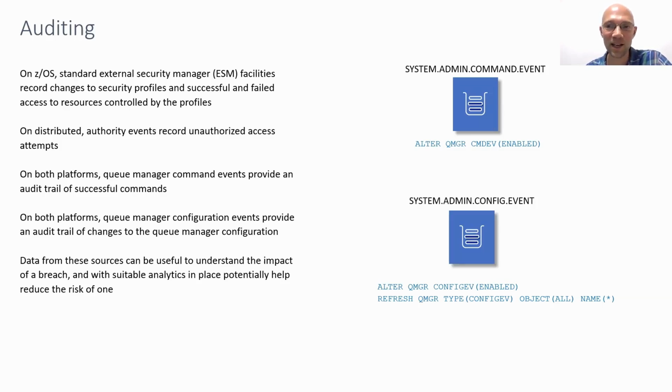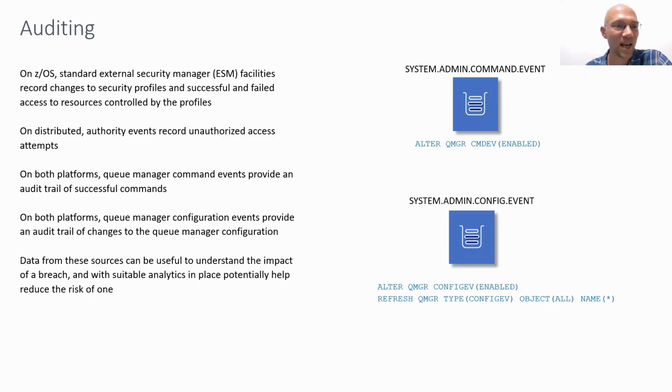So every application or user ID that tries to open a queue or issue a command. And on distributed, there aren't any calls to an external security manager taking place here. It's MQ essentially that records the access attempts here,